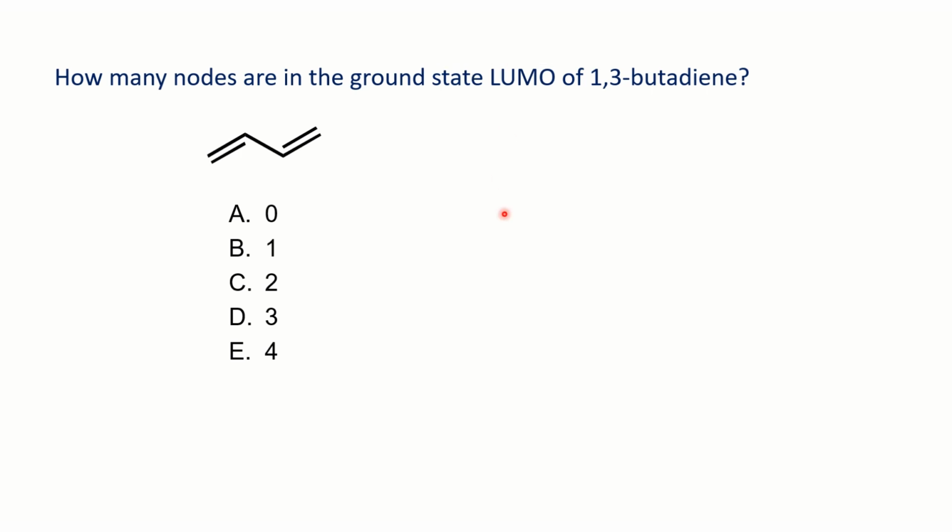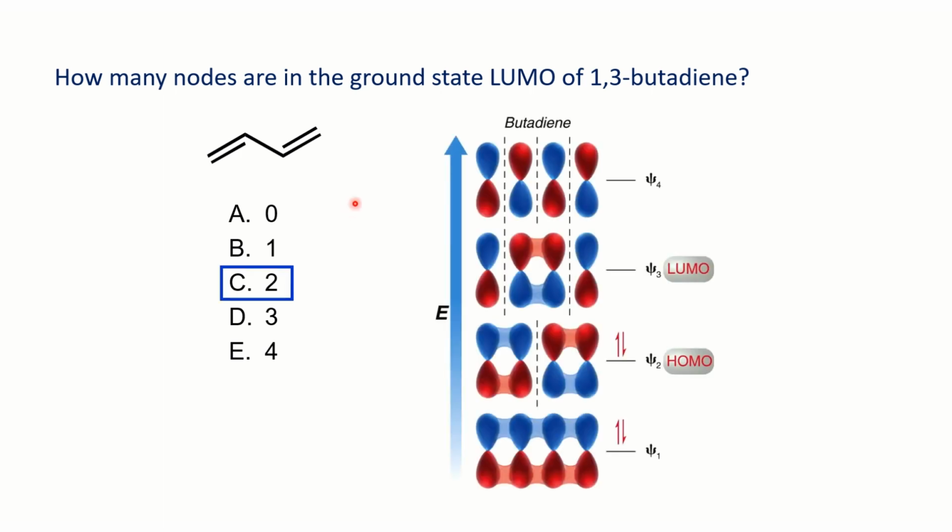The LUMO, of course, is psi3, and psi3, if you notice, has 2 nodes. This is ground state 1,3-butadiene. Question: what would the HOMO be for the excited state